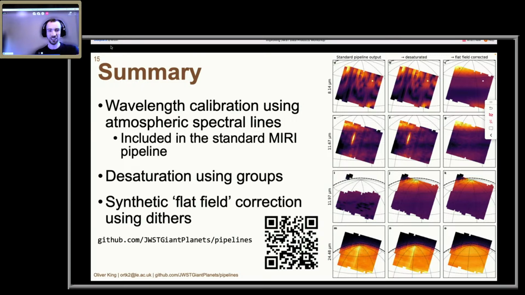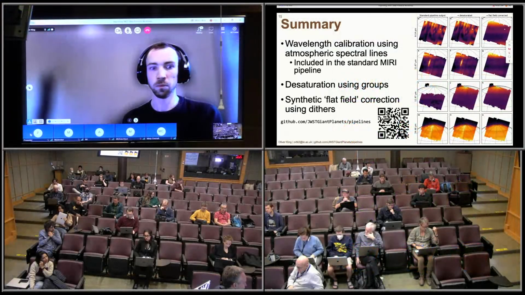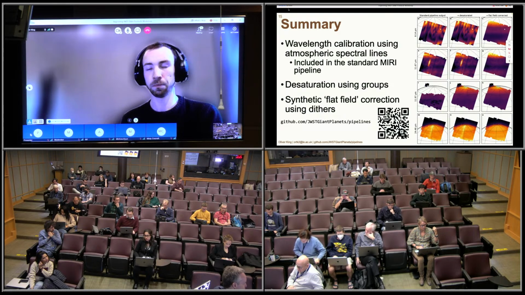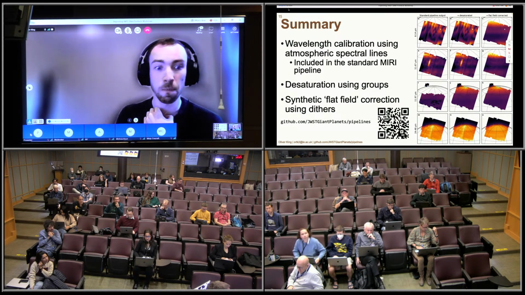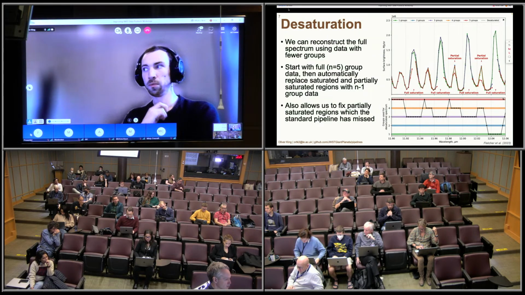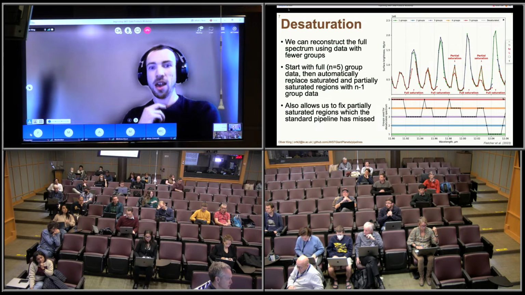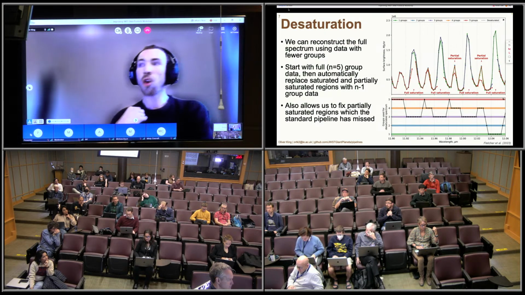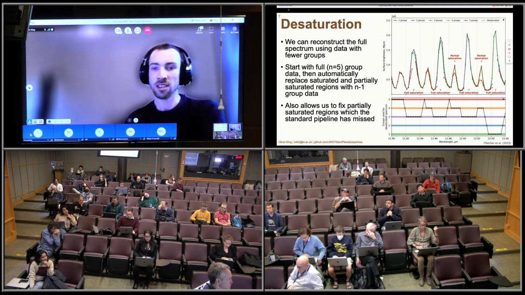So let's see. There's a little bit of discussion about the groups that are maybe partially saturated. We kind of thought the pipeline handled that, but maybe we've seen that in other circumstances. The people typing, what's the story there? With the partial saturation, it sounds like the pipeline, because you did this exercise yourself in great detail to make sure everything was working. But it sounded like in some cases the pipeline thought a group was unsaturated, but it was really partially saturated? Yeah, so it wasn't often we saw this, and this was particularly for the Saturn observations, which were